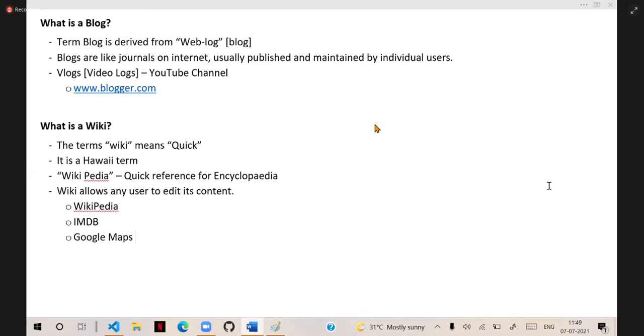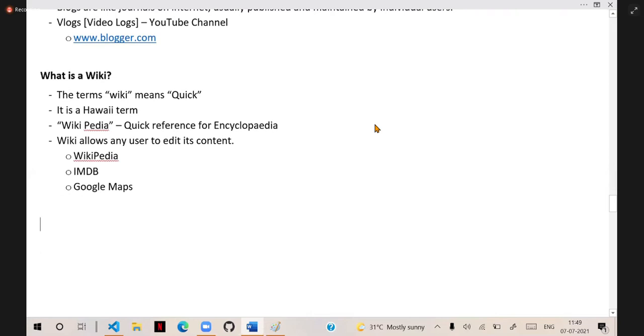And very important, technically it doesn't mean that everybody can make changes into it, and whatever changes they do, it will update. Of course, you have that general sense that there will be some team who will review the content. Obviously, even if you make the changes, first they will verify whether the changes are according to requirement or not. Then they will allow the changes if they are appropriate. That's what we call wikis.